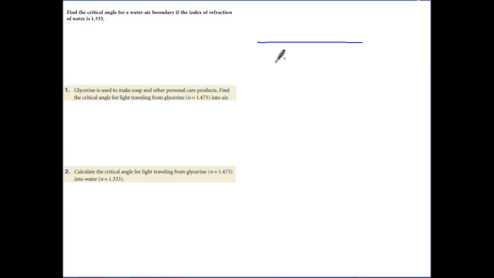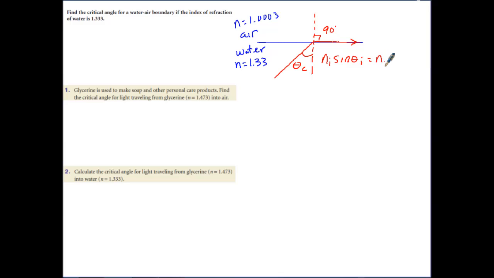We have a little water interface with air. Again, you are probably starting to memorize these. The index of refraction for water is 1.33, and for air, 1.0003. So we have a beam of light that's incident in water, strikes that interface at what we call the critical angle, and we just want to determine what this angle is, such that the refracted angle is 90 degrees. Okay, so I'm going to do this right from the beginning like we did before, just to illustrate again that this is just coming from